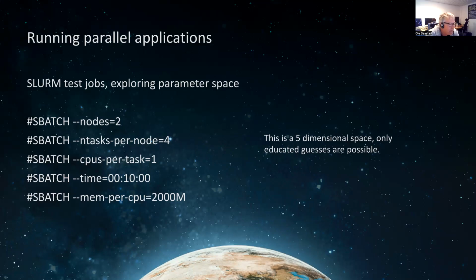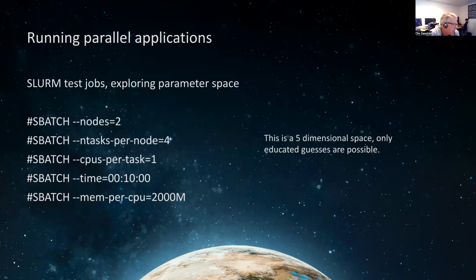But you see, this is a 5-dimensional space. I say only educated guesses are possible. So here we have to combine trial and error with educated guess. If this is an unknown program and you don't really know how it behaves, you just have to guess. And the exercise today is about scaling, so we're helping you to run it better and actually see the scaling yourself. So the best practice is to start slow, start with a few nodes,